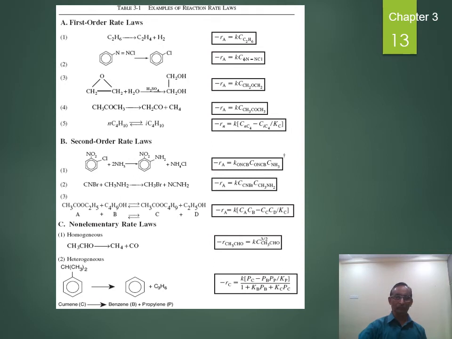In one of the chapters, we are going to learn how to develop or prove this rate for the respective elementary reaction. For that, we are going to write down the mechanism, the way you have heard. As you are in the final year, you know that the mechanism of the reaction is not just A plus B gives C plus D. In general, the mechanism has three steps: initiation, propagation and termination. Maybe in initiation you have 2 steps, in propagation 3 steps, and in termination 1 step.